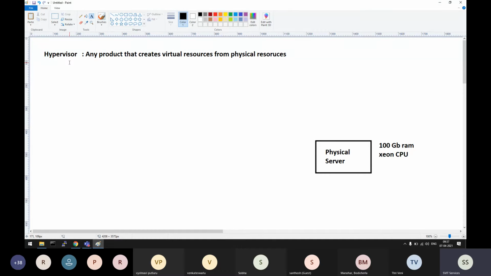Immediately after virtualization, the next thing is the hypervisor. A very common interview question: what is a hypervisor? What are the types of hypervisors and examples? Any product that creates virtual resources from physical resources.